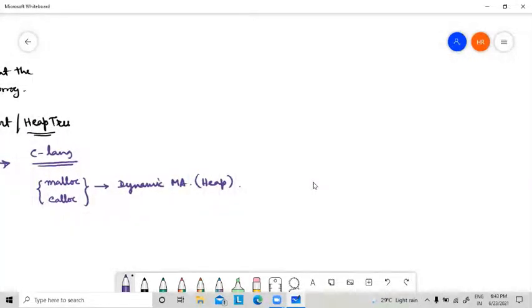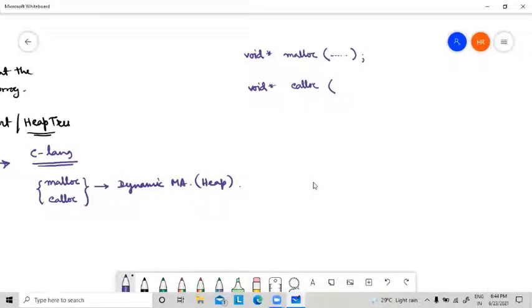Now the syntax of malloc is like this. It will return one void pointer. Then malloc, the function name, then the size of the memory that you want to allocate. Now the structure of calloc is void star calloc, and in case of calloc there are two arguments.